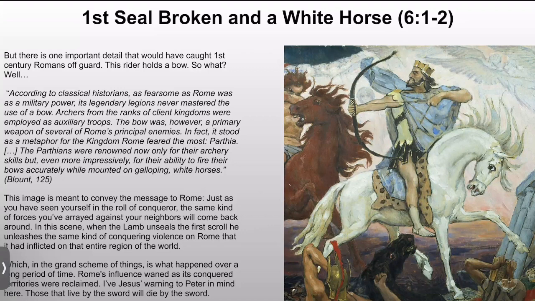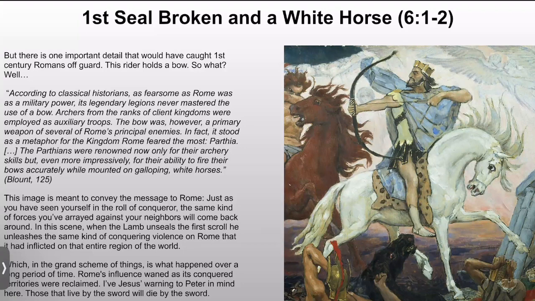This image is meant to convey the message to Rome. Just as you have seen yourself in the role of conqueror, the same kind of forces you've arrayed against your neighbors will come back around. In this scene, when the Lamb unseals the first scroll, he unleashes the same kind of conquering violence on Rome that it had inflicted on that entire region of the world,